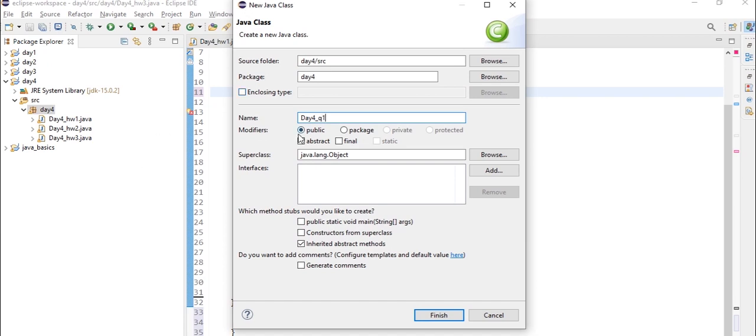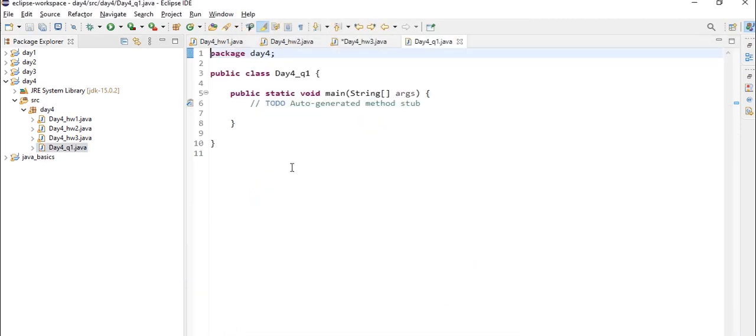Make sure that the first letter of the class name is an uppercase letter, and let's not forget to include the public static void main method and click on finish. So here our class is created with the name Day4_Question1, and we are printing the first 10 natural numbers.